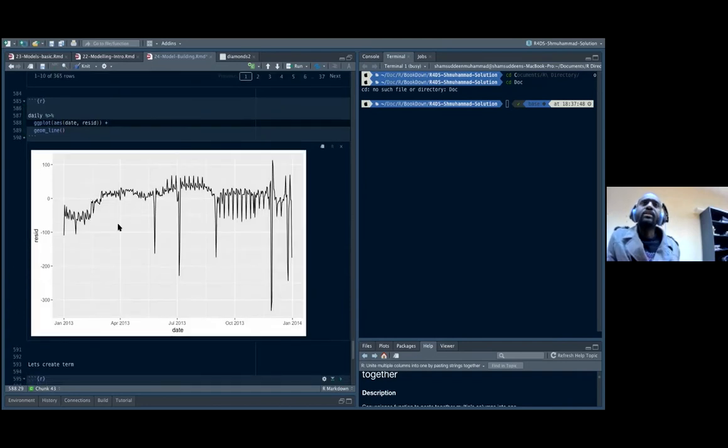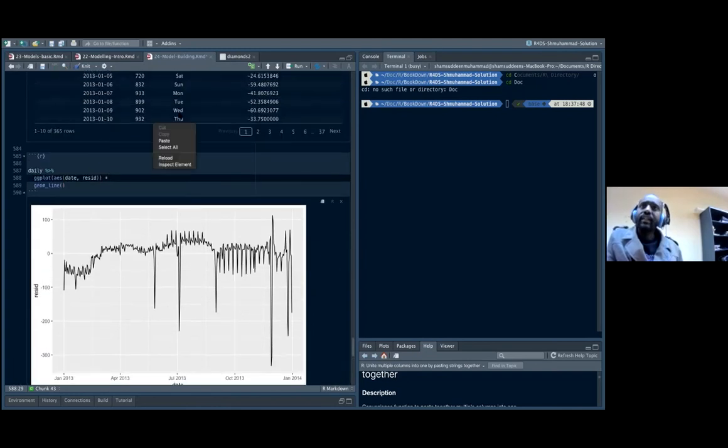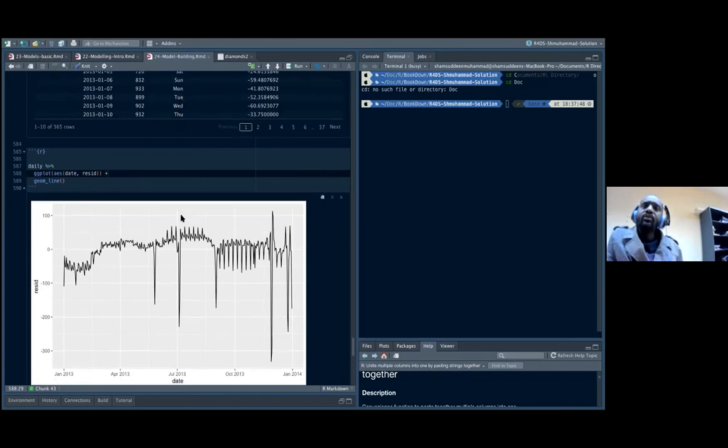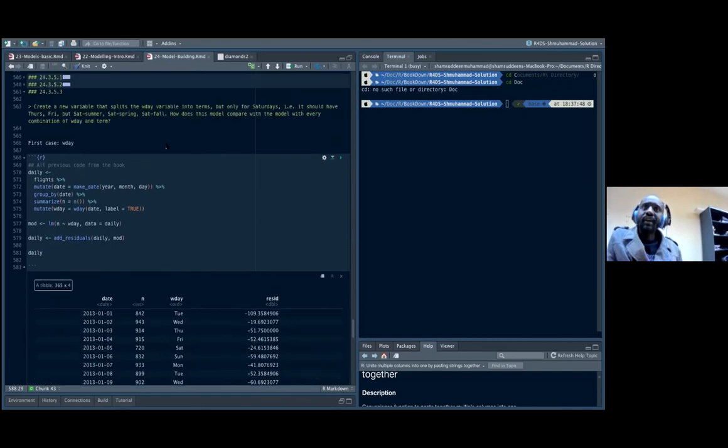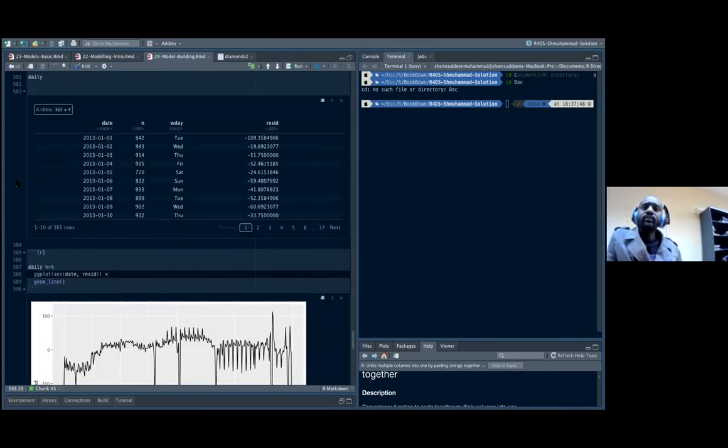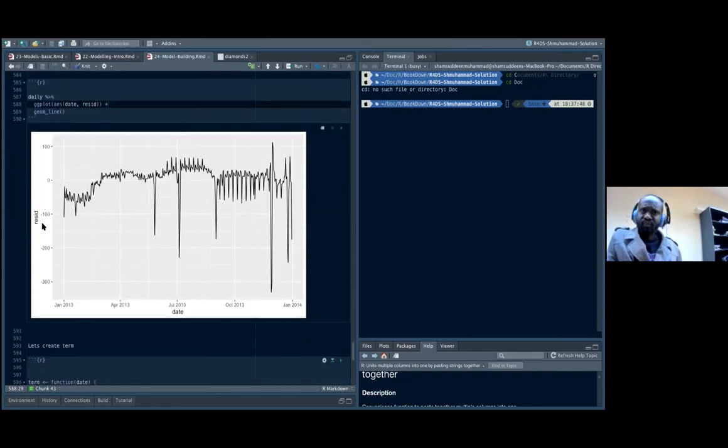So this is basically the plot for the normal weekday we have. The question is asking us to create another variable with term like Saturday summer, Saturday spring. So each Saturday we put Saturday summer, and when we see a Saturday in spring, we put this one. So it's asking us to do it another way. So for us to do that,